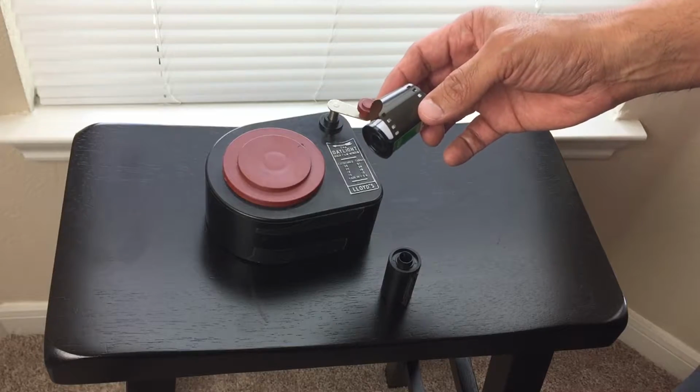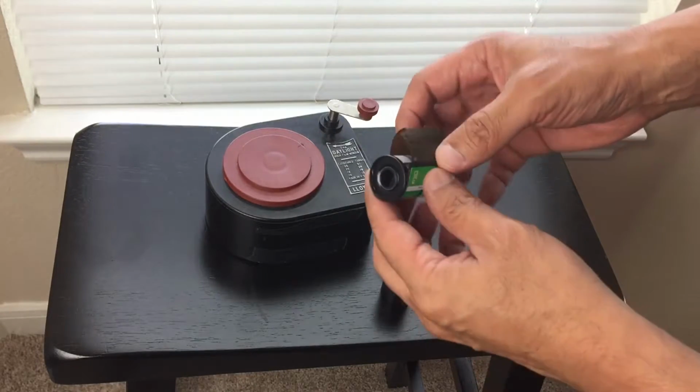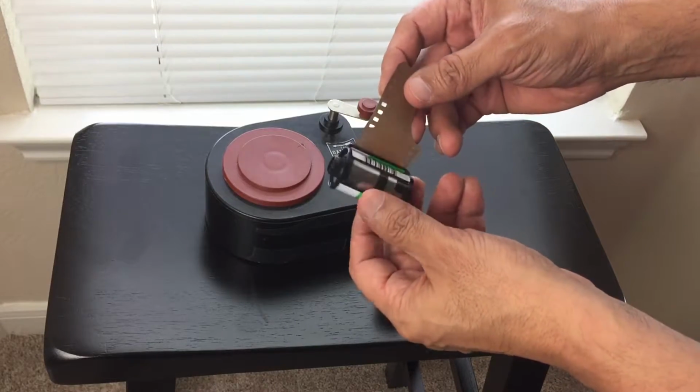It looks like it works pretty much the same as the original here. And with that said, let me just go ahead and show you how this works, how to load your own rolls of film. Okay guys, what we're trying to end up with is a roll of film like this, regular